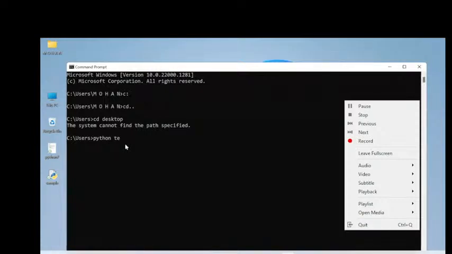Python space, your file name is sample.py. No such